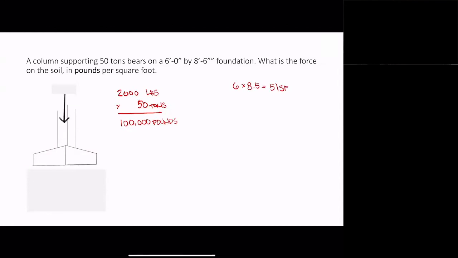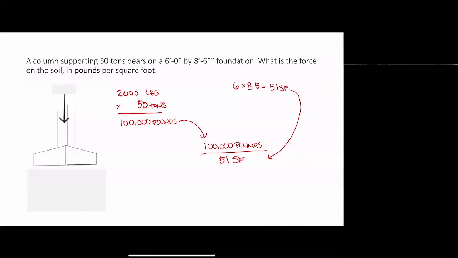It's pounds per square foot. So we'll take 100,000 pounds and divide it by 51 square feet. And our answer is 1,961